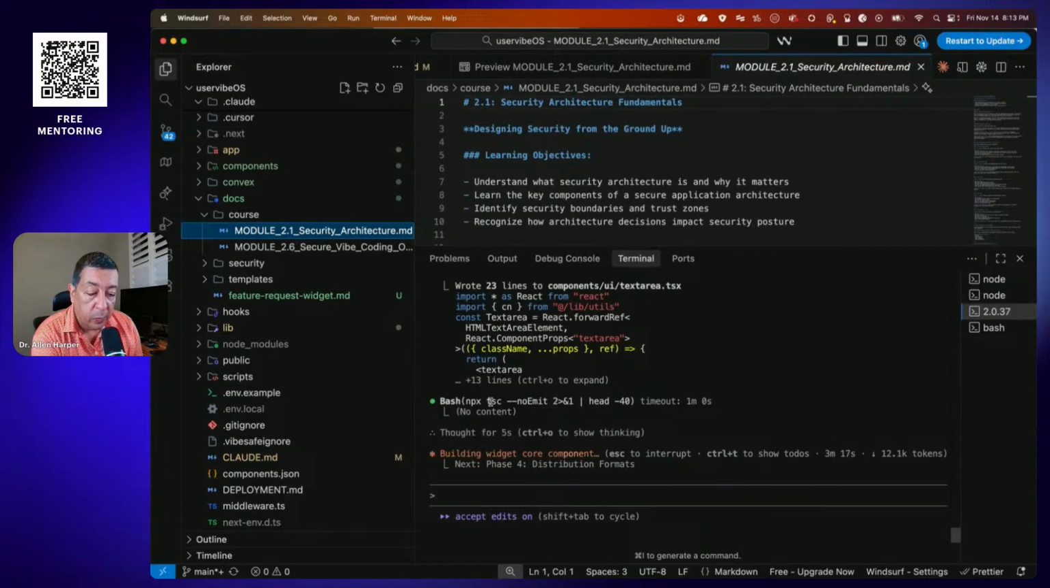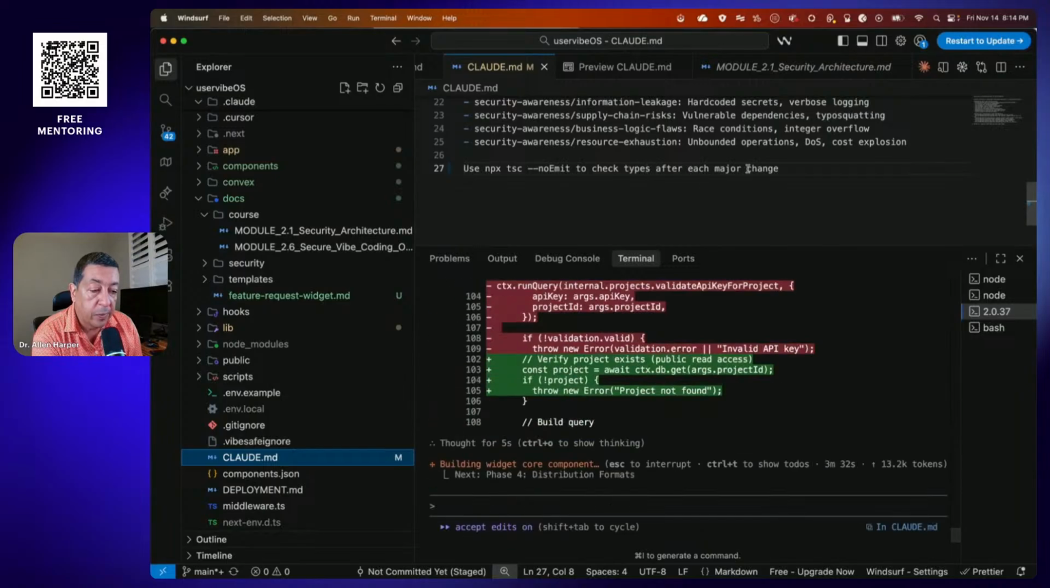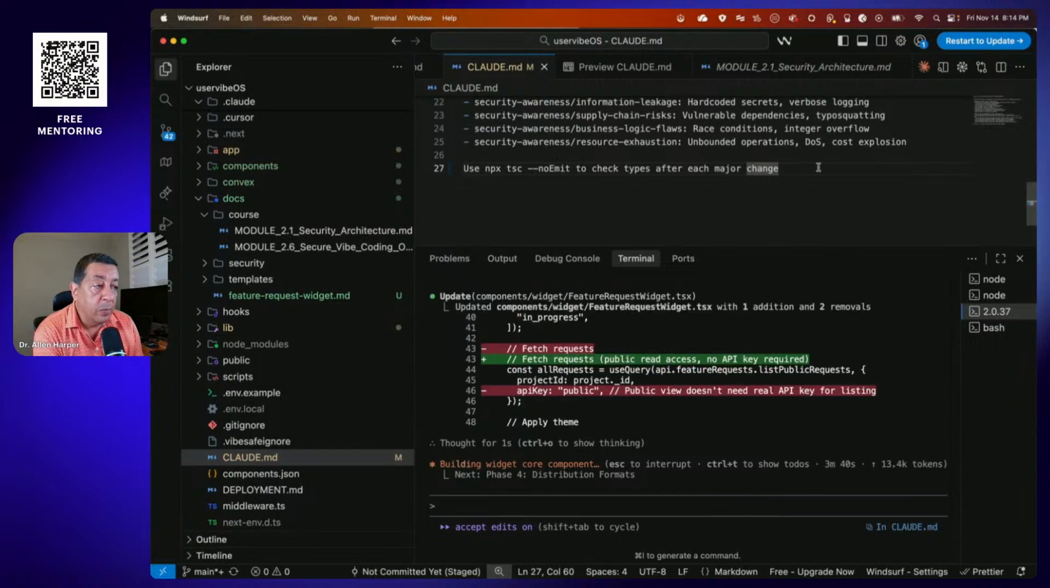Okay, so it looks like we're getting somewhere. You'll see it always do this right here, this npx tsc. That's because in my Claude Code file, I told it to do that. I said, use npx tsc --noEmit to check types after each major change. This is best practice, guys. That's a pro tip for you guys, that you always have Claude Code or whatever tool you're using,